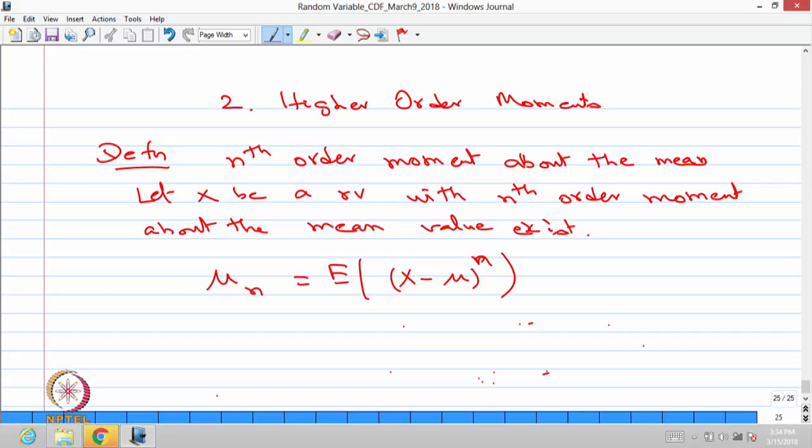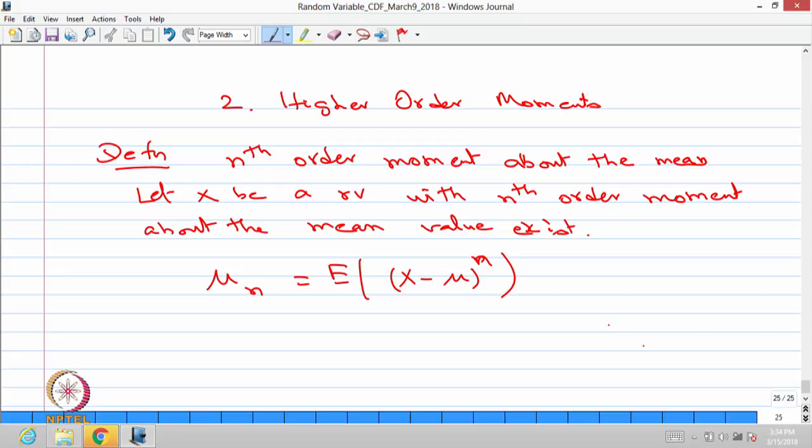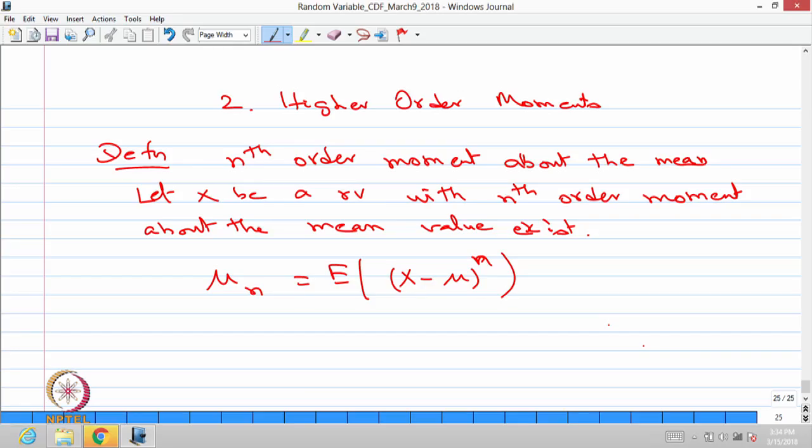Whenever it exists, that is the right hand side expectation exists, then you can denote by the letter mu suffix n, that is expectation of x minus mu power n, where n can take the value, it could be 1,